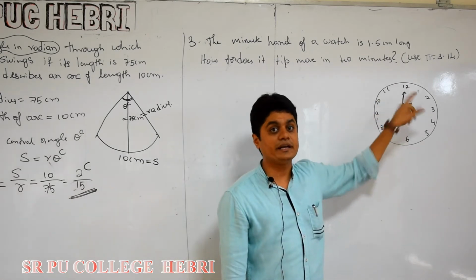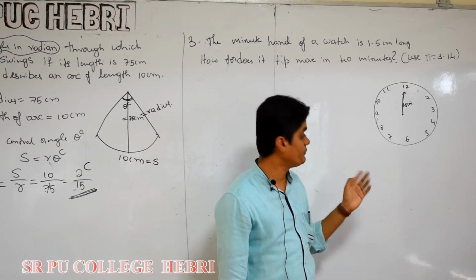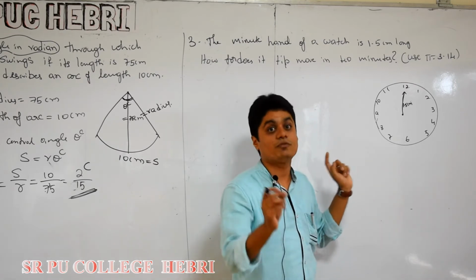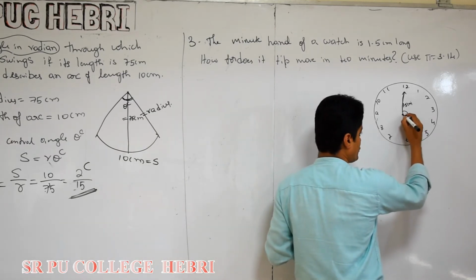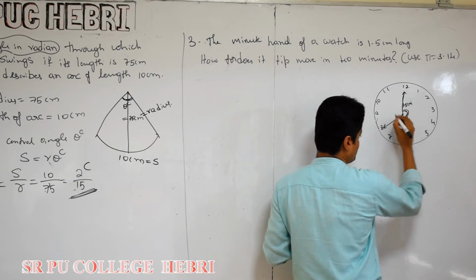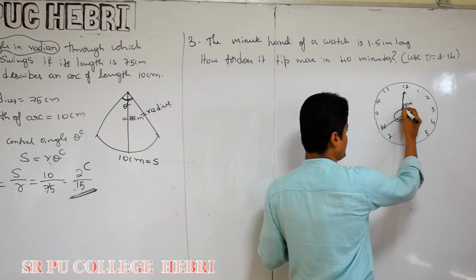For the minute hand to cover 40 minutes, tell me how far from 12 it has to go. For which number should it reach to get 40 minutes from 12? I hope you know this. It should reach 8. So we have to measure that particular angle, or you can measure this also, one and the same.